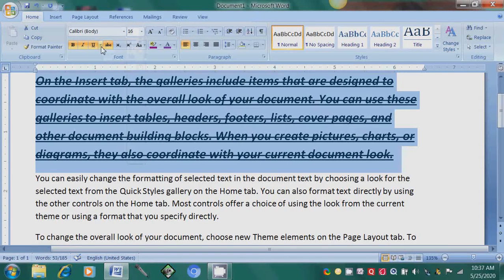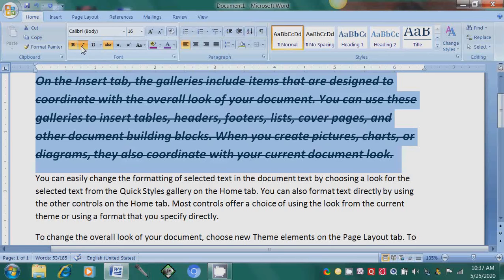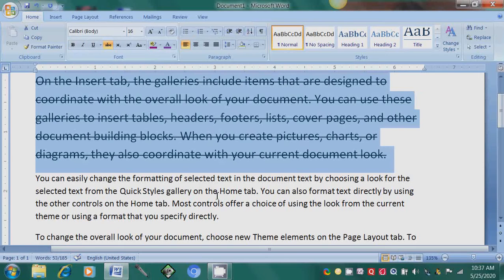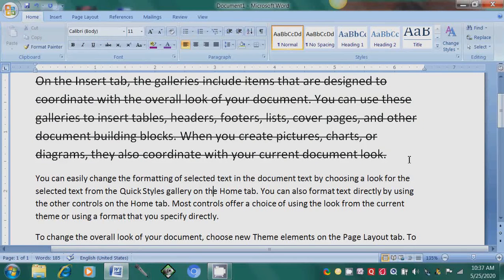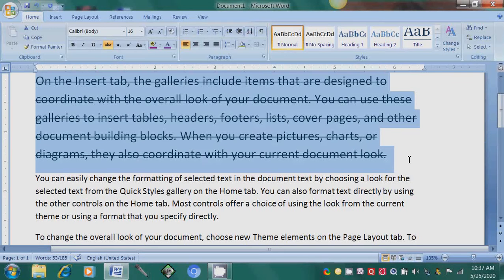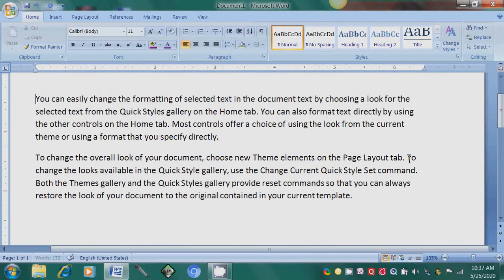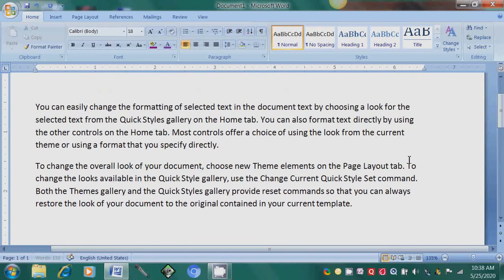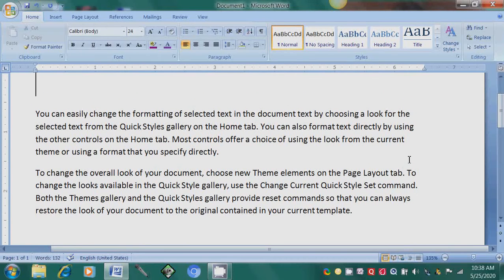strike through. To strike through, I am just removing underline, italic and bold. Now the question arises, why do you need this strike through option? Sometimes you go to a shop and want to buy, for example, a shirt.